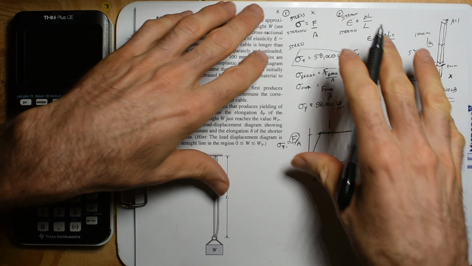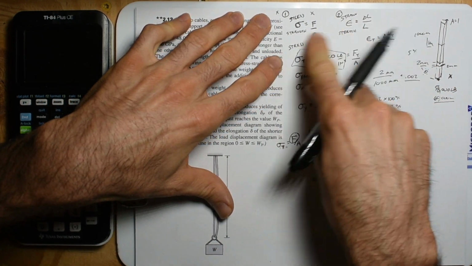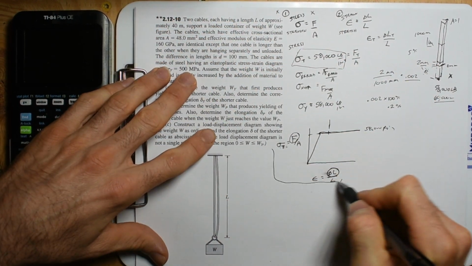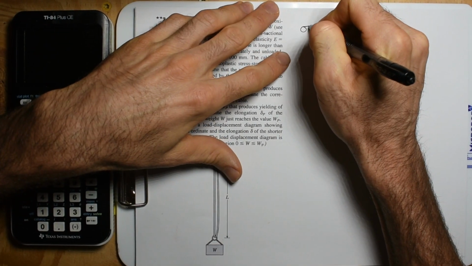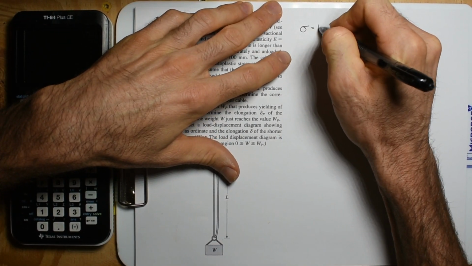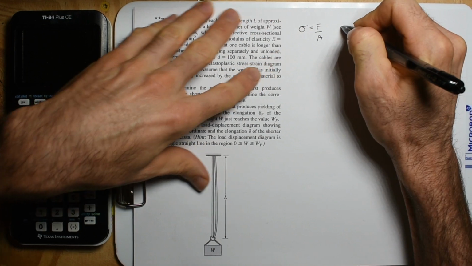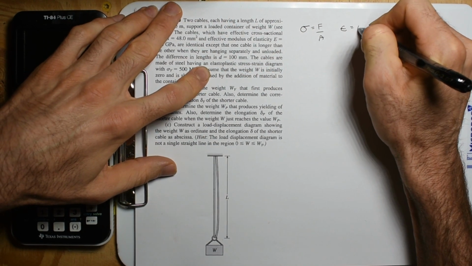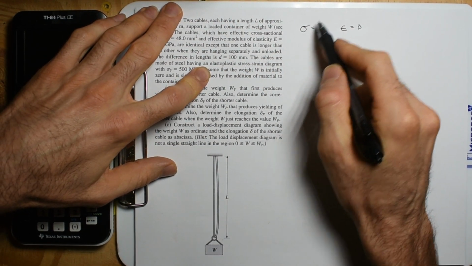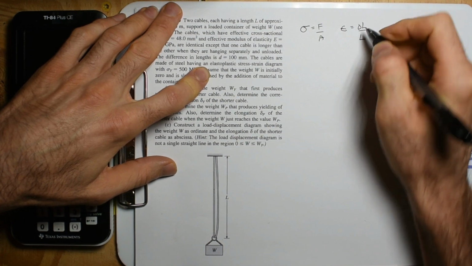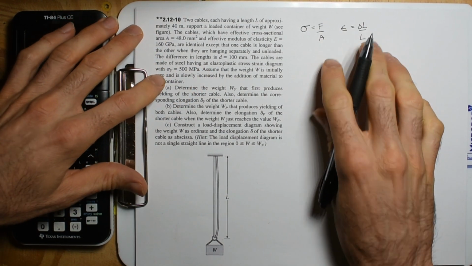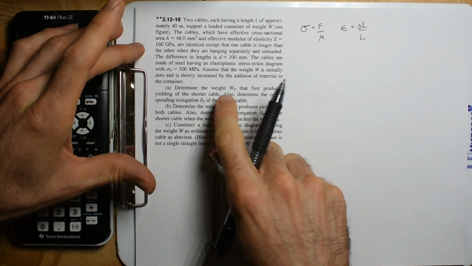Okay, so why are those two things easy? That's kind of what I wanted to get at. So we're going to grab a new sheet of paper. Strength is force over area, and I'll just say stress. So stress is force over area, and strain is change in length over length. And we've got two different things we can calculate right off the bat. So for this problem,